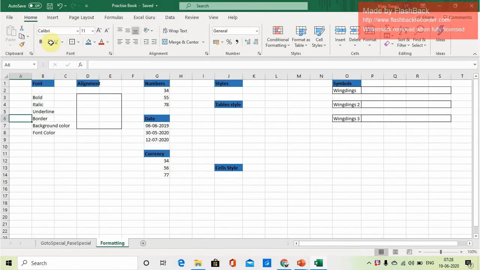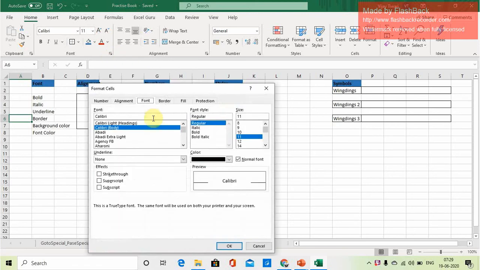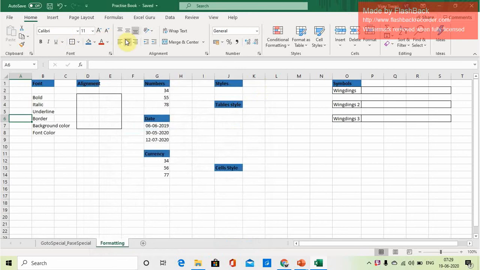All right, the first tab is the Home tab. In Home you will see different categories. The first category is Clipboard. The second category is Font. Not everything is visible here, but there is an arrow; if you click on it, you will see the complete detail in the Format Cells dialog.